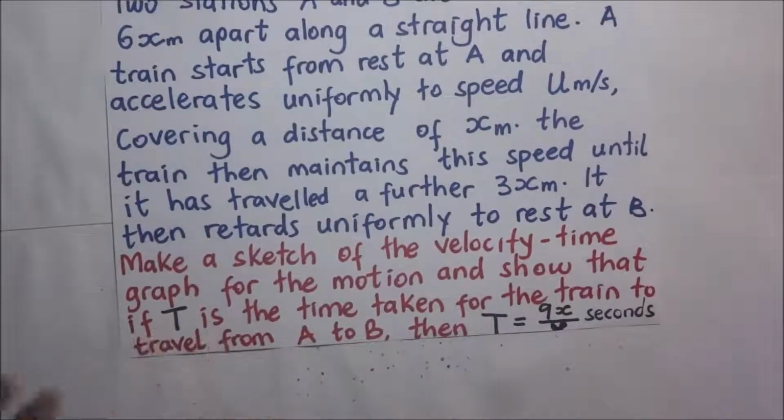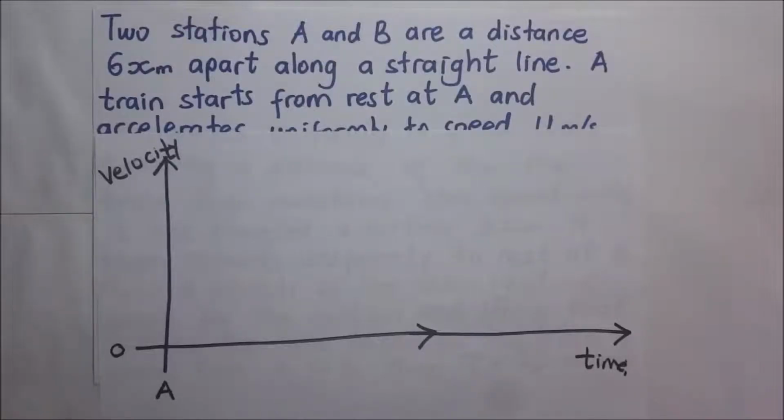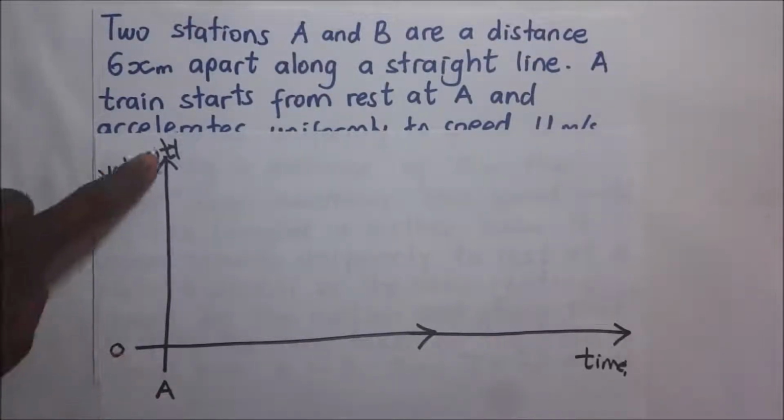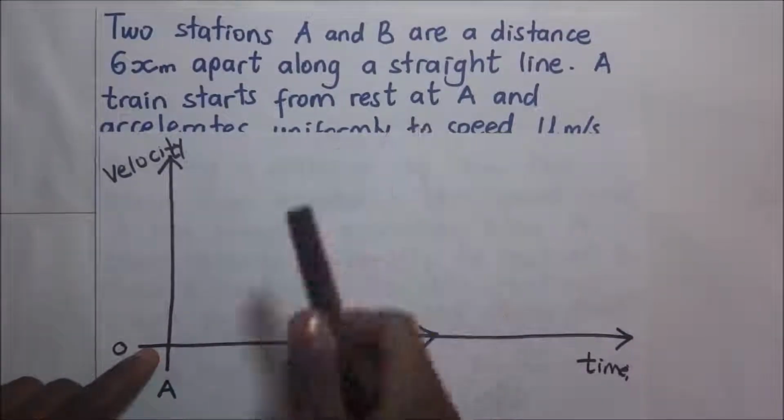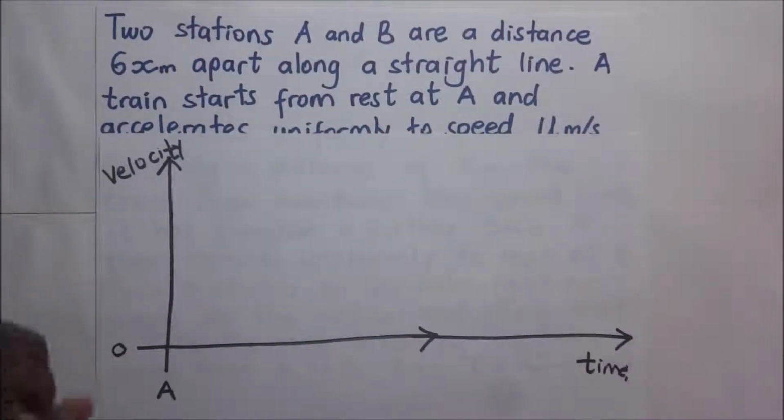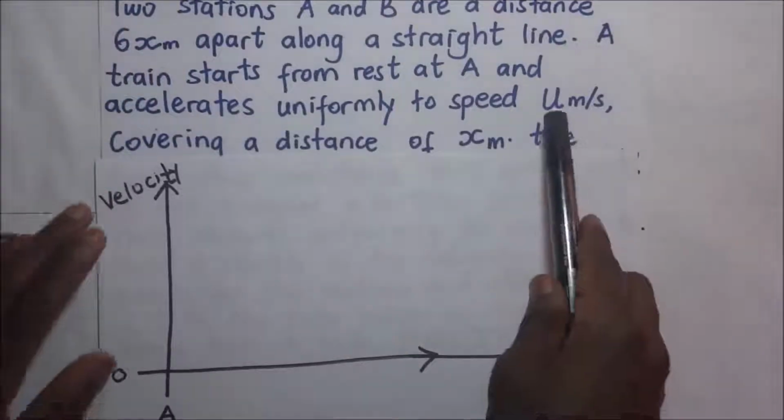So let's get started. Two stations A and B are a distance 6x meters apart. A train starts from rest at A. So if it starts from rest at point A, its initial velocity is 0. That's what we mean when a body starts from rest. Its velocity is 0. So it starts from rest at A and accelerates uniformly to a speed u meters per